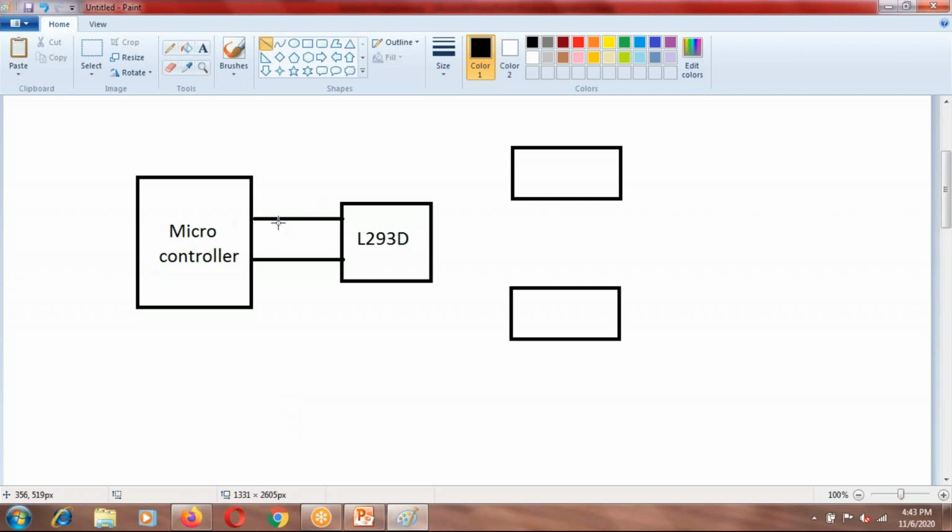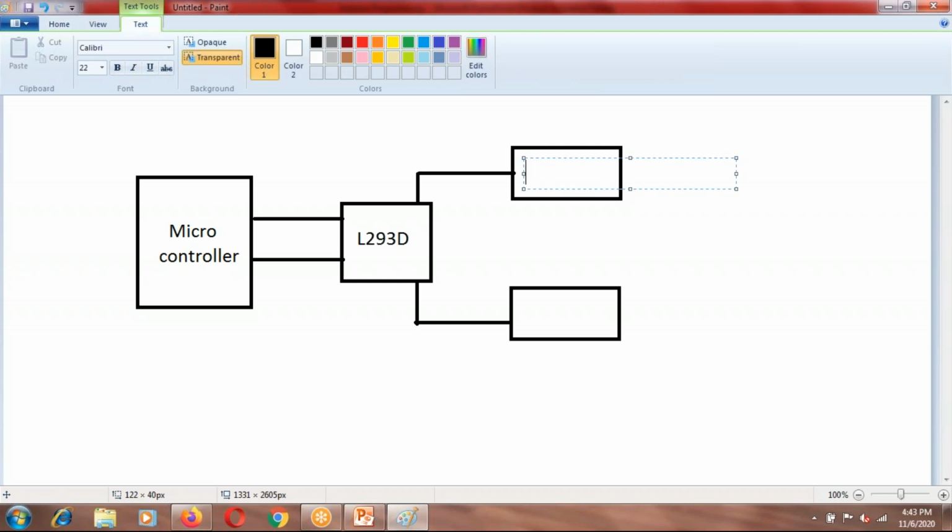Those commands are given from the microcontroller to the IC, which is further sent down to the two motors. The left part of this L293D IC can be connected to one of the motors, and the right part to the other motor, to control them properly.